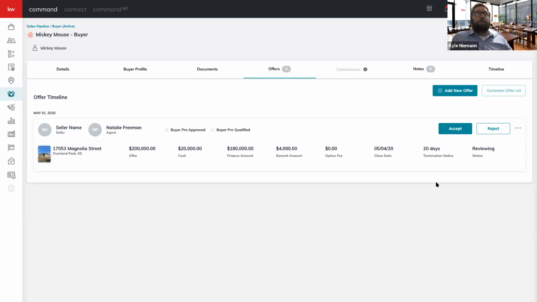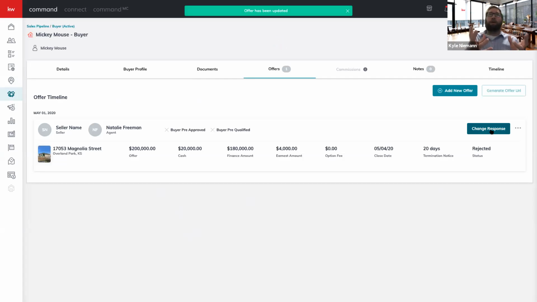I could put every offer in it. It's cool because it pulls the picture in, so it helps you remember which one it is. That's why you can use the KWLS part. I could say this gets rejected or it's multiple offers and ours doesn't get accepted. I can reject it, go in and put another offer. So now I can look at all the different offers we're making for the same client and quickly look in here and say, okay, we've made 20 offers and haven't gotten a single one accepted. Are we making low offers? What are we doing? But it's one place to start to track your offers,